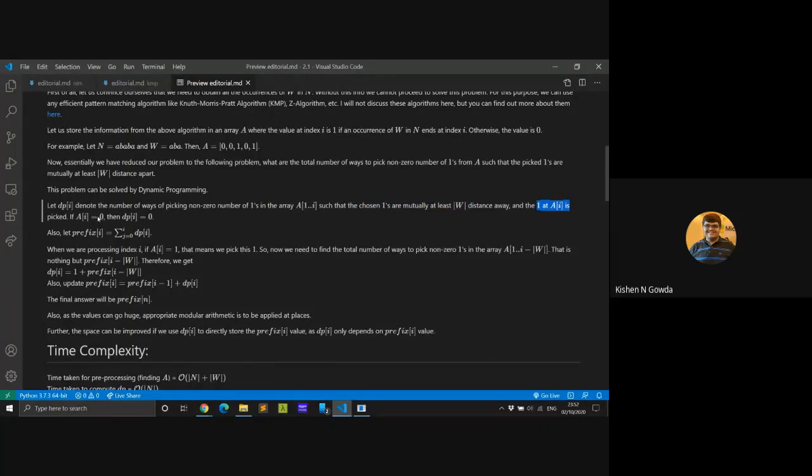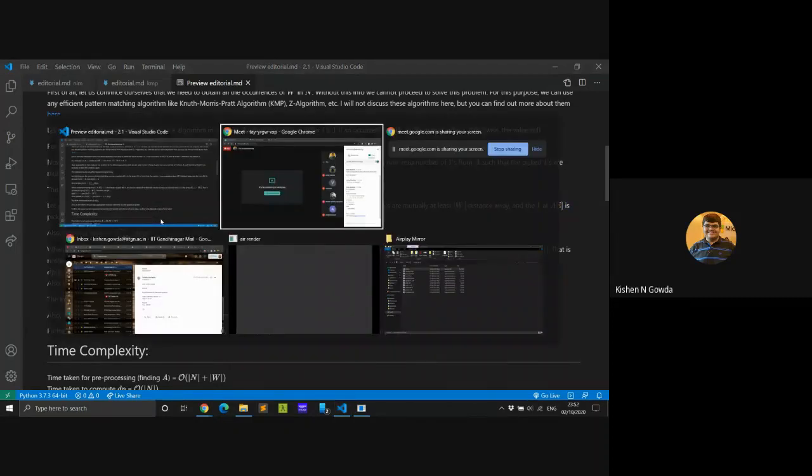And what if A of I is not 1, A of I is 0? Then we put DP of I as 0. That's it. Is this DP statement fine? Any doubts over here? Should I explain it again?